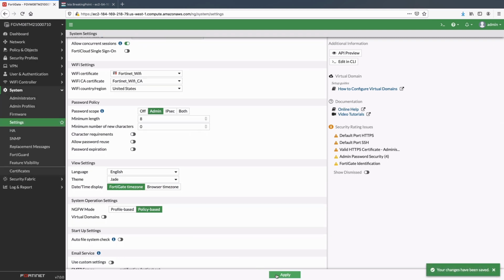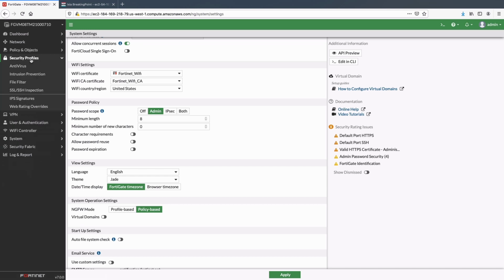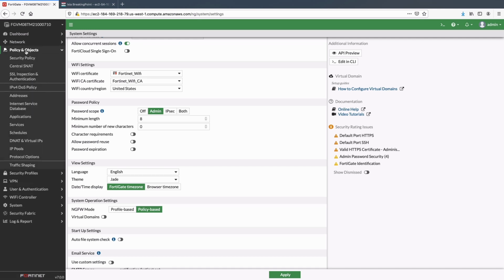Switching to policy-based mode allows one to directly apply application and URL categories in the security policy. As such, application control and web filtering profile options are not made available under the Security Profile tab. We will also notice some changes under the Policies and Objects tab, since NAT, SSL inspection, and authentication policies are configured centrally in policy-based mode as compared to per policy setting within profile-based mode.